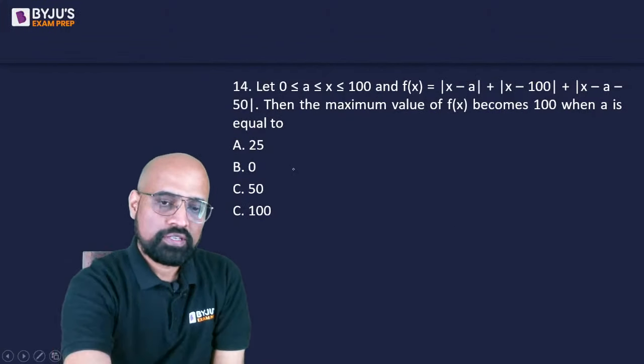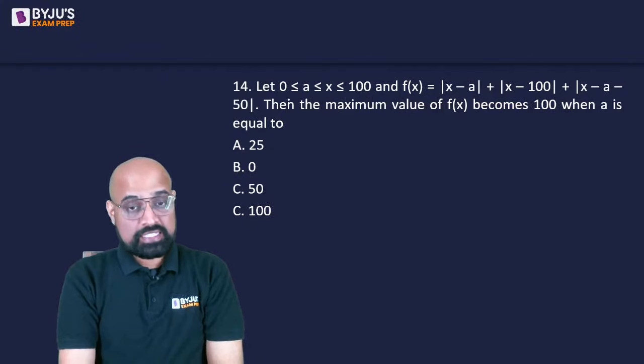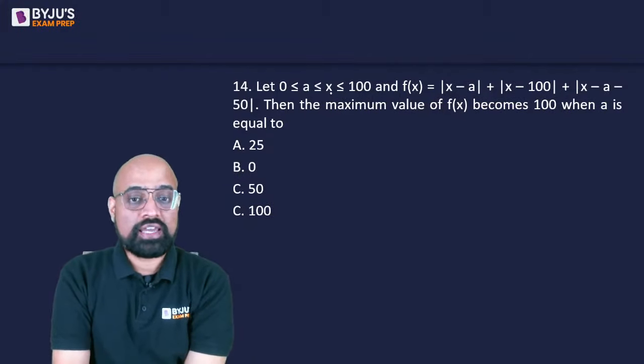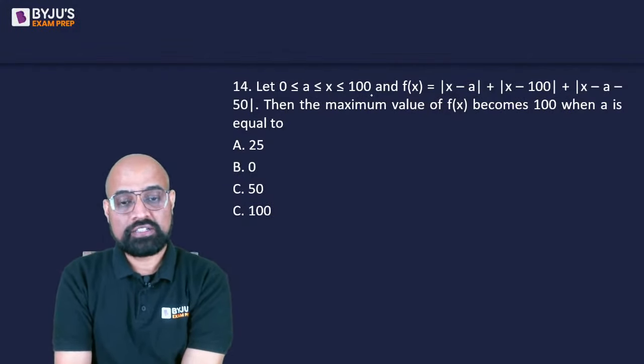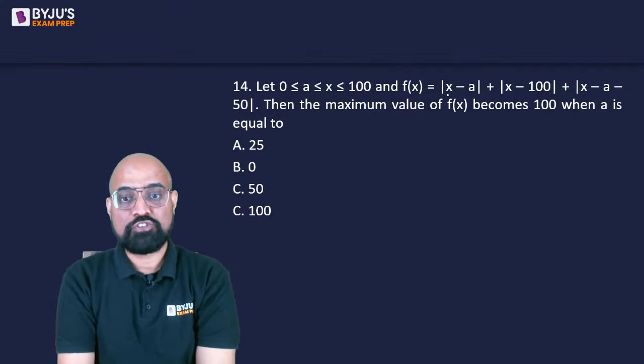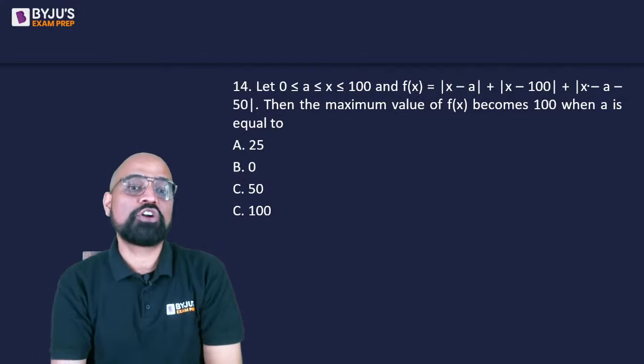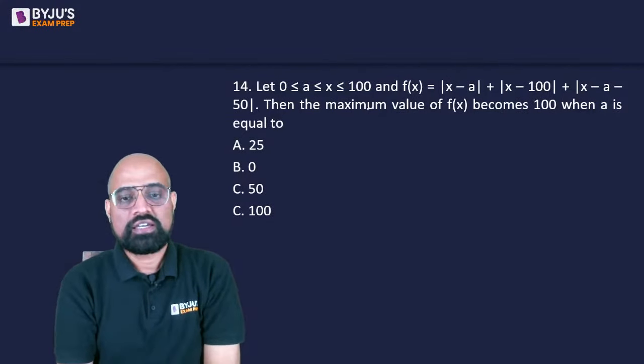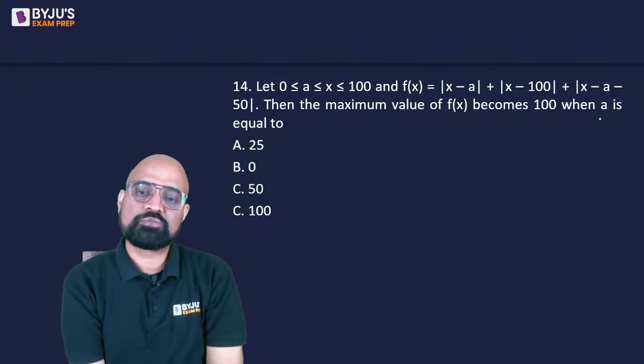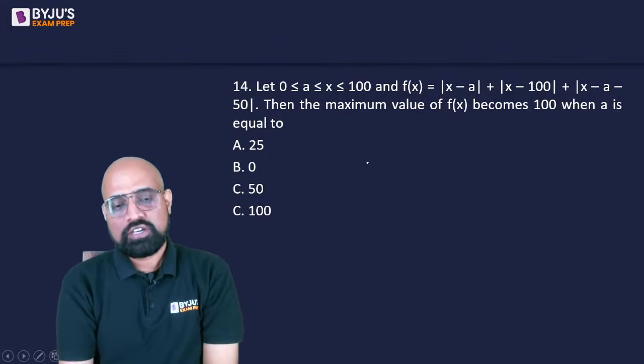14th. Let A is at least 0 and x is at least a but at most 100, and f of x is given as mod of x minus a plus mod of x minus 100 plus mod of x minus a minus 50. Then the maximum value of fx becomes 100 when a is equal to. Now if